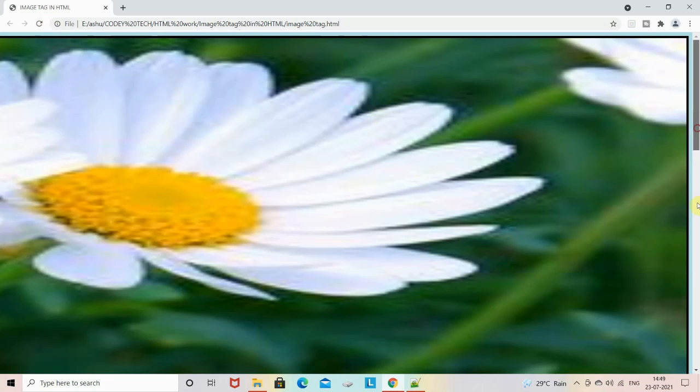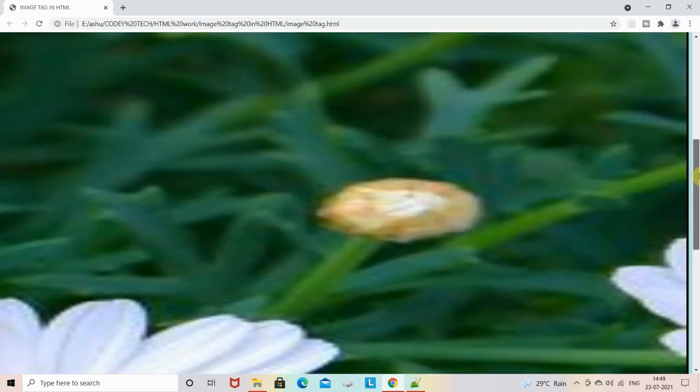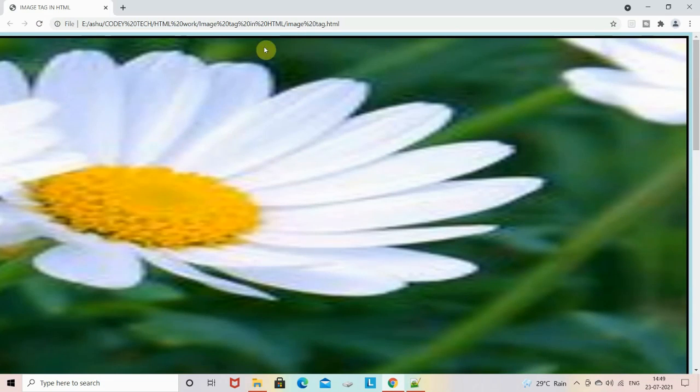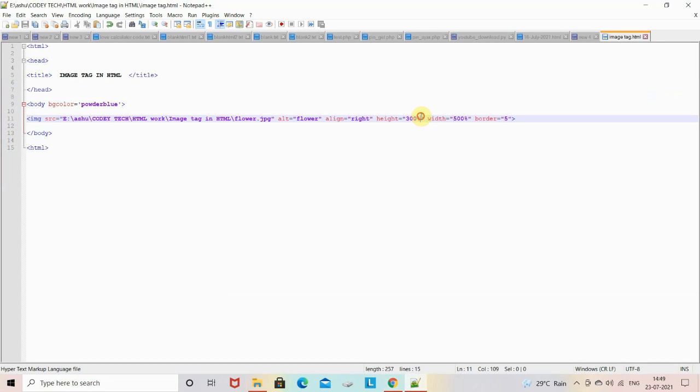And you can see there is a black border around the image. I think some error has occurred, so I will just reduce it back to pixels and save it. Now as you can see, a black colored border is inserted around your image, so it gives a very good look to your image.